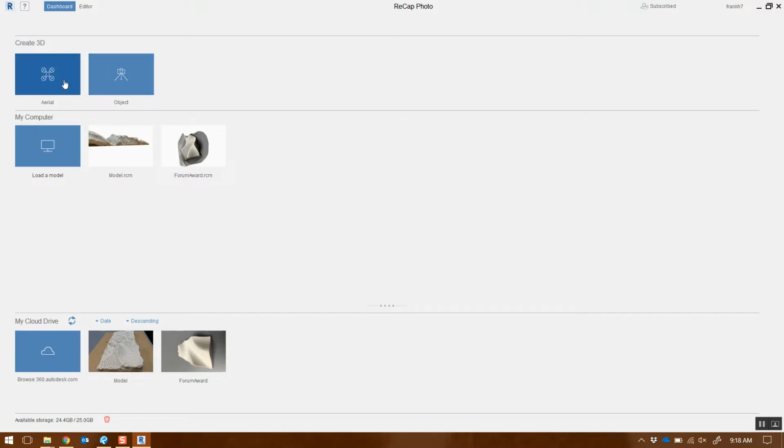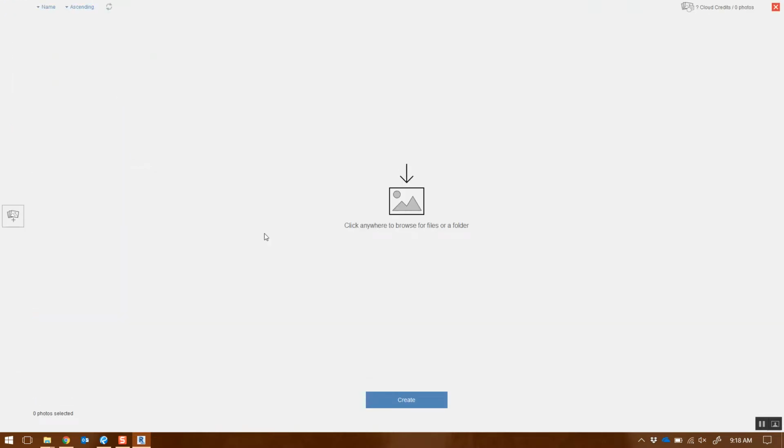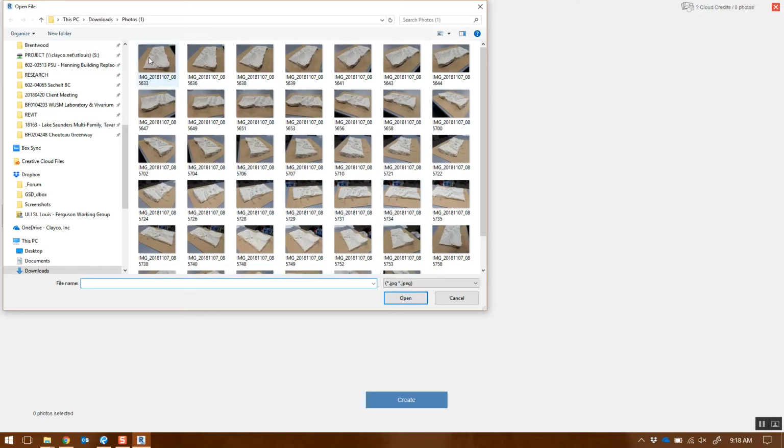tool here. There's an aerial option, and aerial is if you had a drone and you're taking drone capture photographs of a site. So this is how Google will do their aerial photogrammetry. If you had a drone, you can do this to capture sites. So think about that for future projects. But we're just going to do objects. So you just click on object, and then just click in here, and then basically all you do is